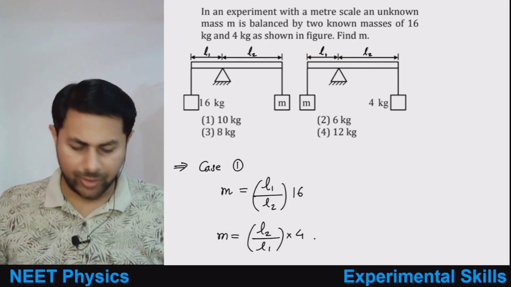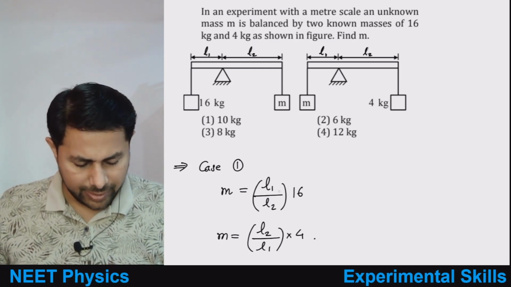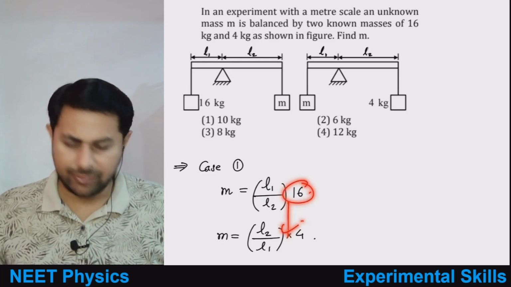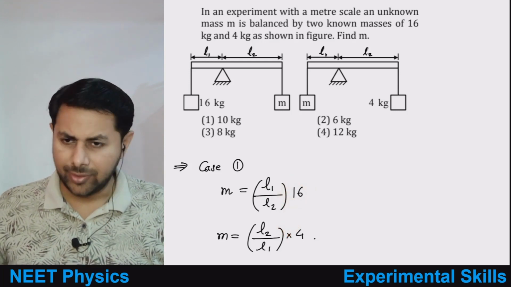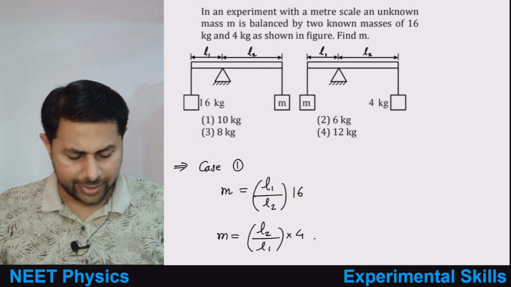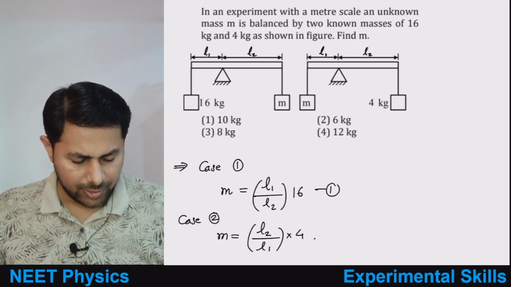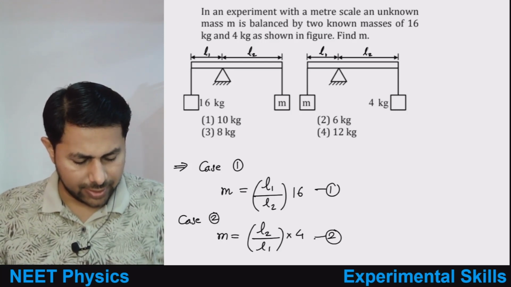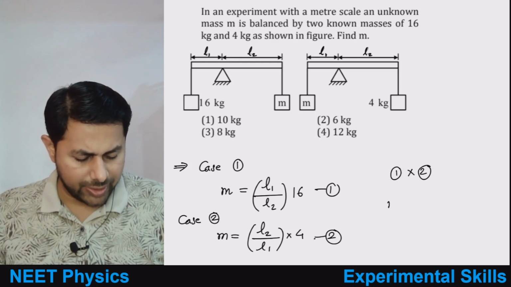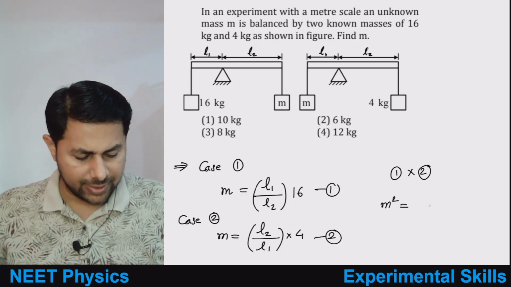Either you can substitute L1 by L2 from this equation into this equation, or you can just multiply these two equations. So if you multiply 1 and 2, this is case 2, 1 times 2 will give you what? On the left hand side you will get m square, and on the right hand side it's L1 by L2